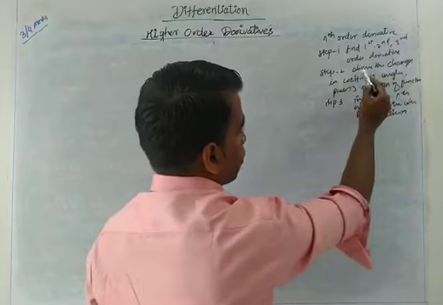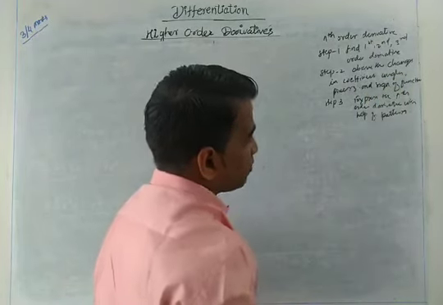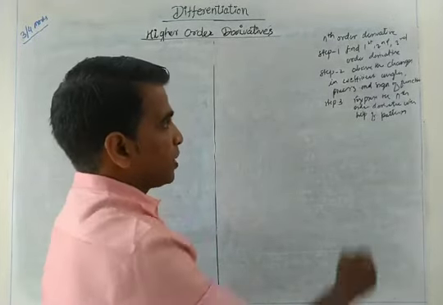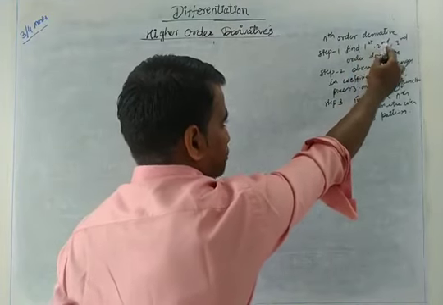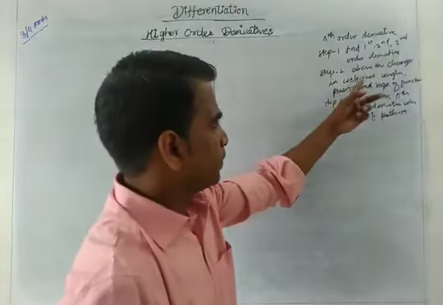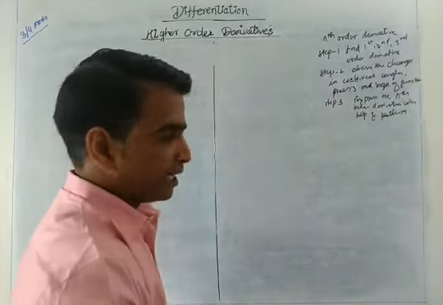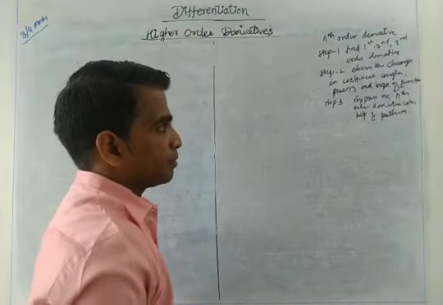Step 2, observe the changes in the coefficients, angle, powers of the function and sign of the function. We have to observe changes from first order derivative to second order to third order, in the coefficient, in the angle, in the power and in the sign. Once you understand the changes, keep those changes in mind.